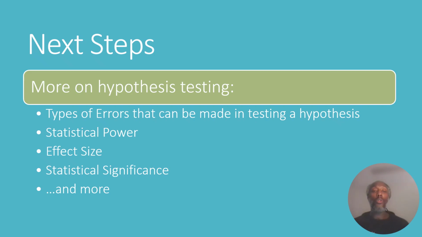In the next lecture, we'll talk more about hypothesis testing. We're going to talk about those errors that can be made when we're testing a hypothesis. So we're going to go back to the error that I mentioned before, where we are risking making an incorrect conclusion. There's actually 2 ways that we really think about making this incorrect conclusion. So we'll talk about those types of errors, type 1 and type 2 error. And then we'll talk about statistical power, or the ability to detect some effect that exists. We're going to talk about a concept called effect size, as well as statistical significance and a few other things